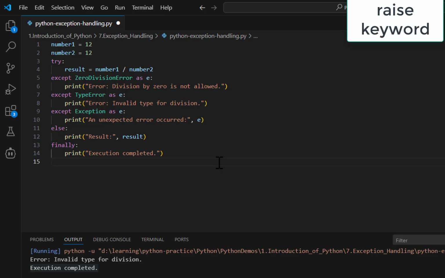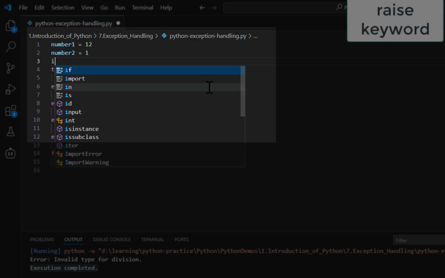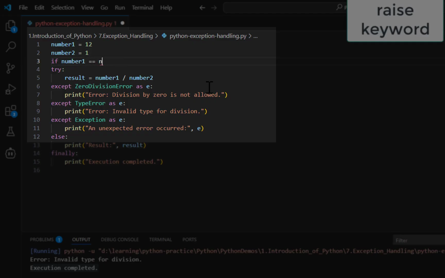Now, let's try to understand if there are any ways of raising an exception manually. There the concept of raise comes in. For example, I want to divide a number, but it should not be divided by itself. If I'm trying to divide 12 by 12, then we have to raise a value error saying that number 1 and number 2 should not match. So in that case, we can have a simple if block. We can say if number 1 equals number 2,